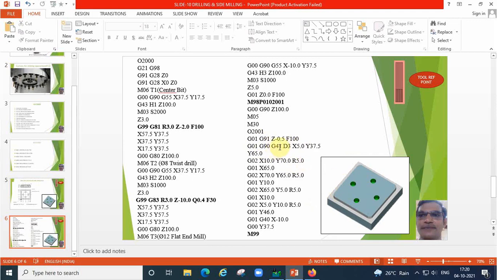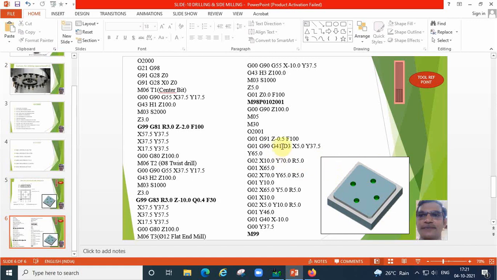G41 is the cutter radius compensation left. Why? Because we are going to rotate the cutter in the clockwise direction, so that the cutter position will be left. Left side only it will rotate. So that left side compensation we are giving. Suppose we are rotating the cutter in the anti-clockwise direction, the cutter position will be right. G42 we can use. Here it is rotating in the clockwise direction.